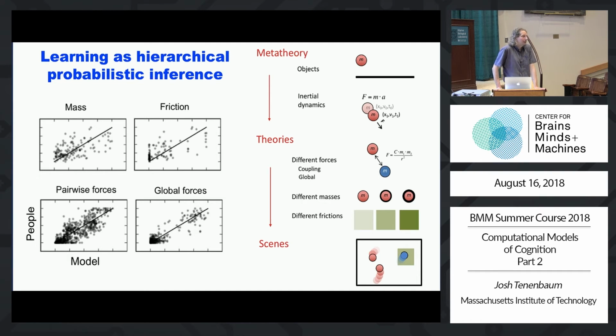They can get somewhat better if you allow them to actively intervene and move things around and do little experiments, as Neil Bramley and colleagues have shown. Okay. And then we can model this with a kind of hierarchical Bayesian inference, and I'm just sketching this here. Again, the tools in ProbMods, and you'll hear more about hierarchical Bayesian models a little bit later today, and you'll hear more from Sam Gershman and others next week.